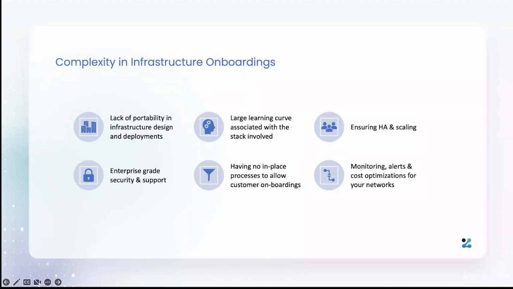So, portability in the infrastructure, its design and deployments. I already talked about multi-cloud coming in. I talked about different permissioning coming in. Who can be what kind of participant in the blockchain network? What are the governance rules and all? So that's a problem. It's a complexity more than a problem. And